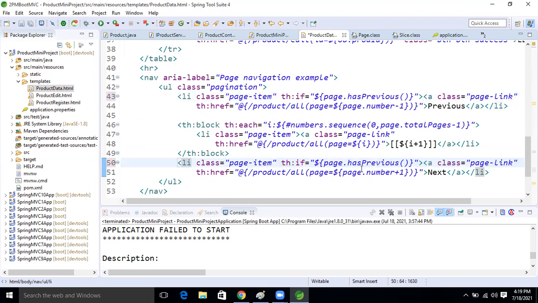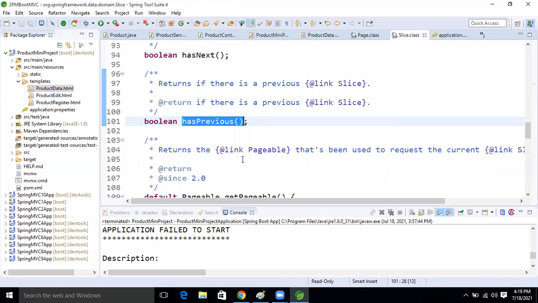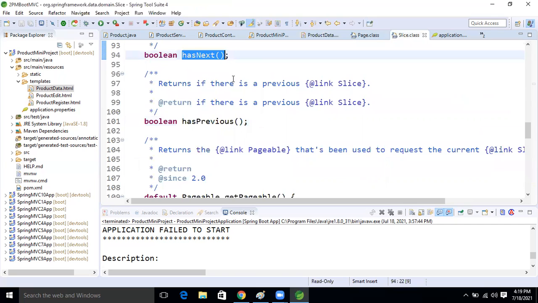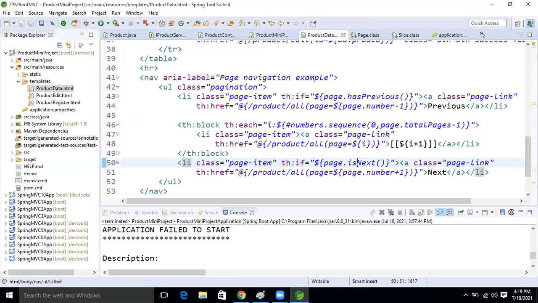Now paste it here, next. Just take the next. Next button is already there, right? Is next. Okay, is next is there. Has next there, madam. Sorry. Is next.